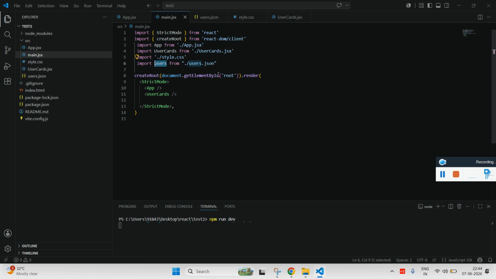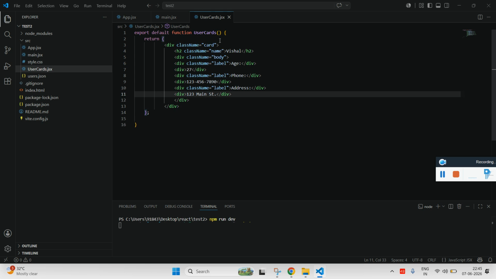Now I'm going to send this as a prop. So data, since I'm passing a JavaScript array, we have to use curly braces. Now we can access this data inside our component. Let me just close this. We can access this, and we'll use object destructuring. Now in place of the value, I just have to call it, and that's it. Now these data, what you see,